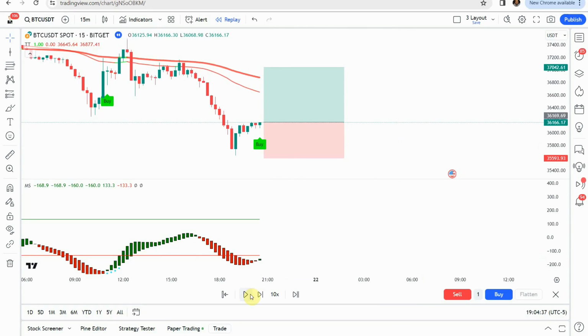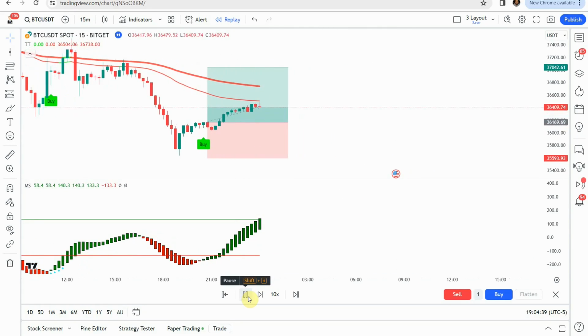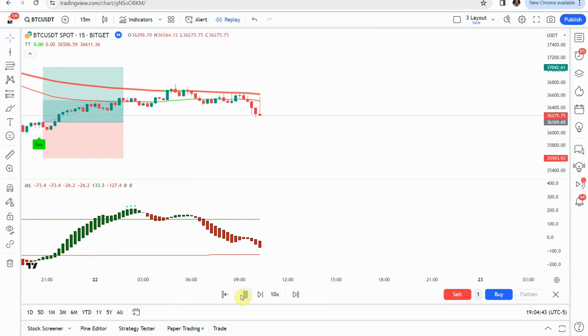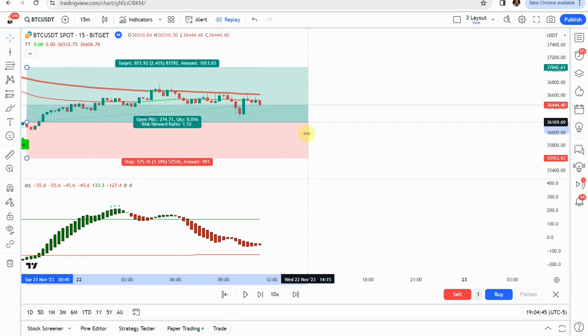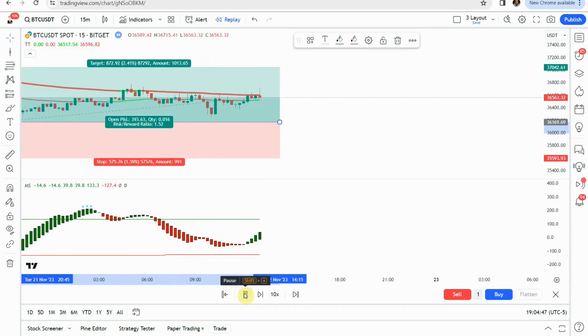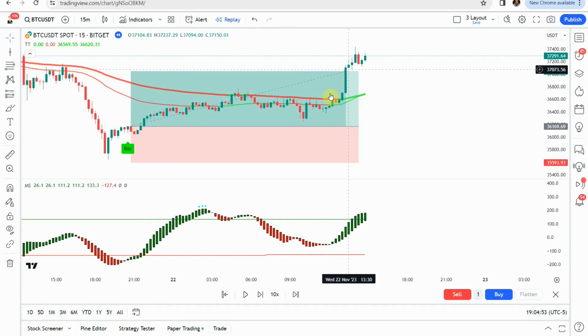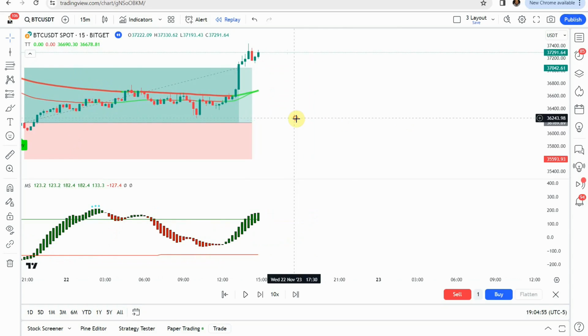Let's go ahead and play this forward and see what we get. Alright, so it takes a little bit. We kind of run into some consolidation here before we finally make this push up,